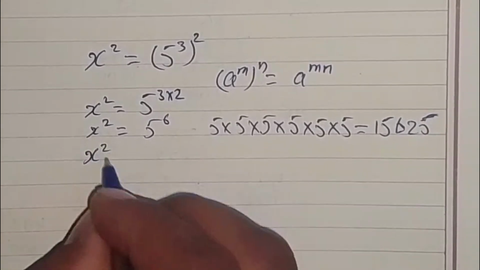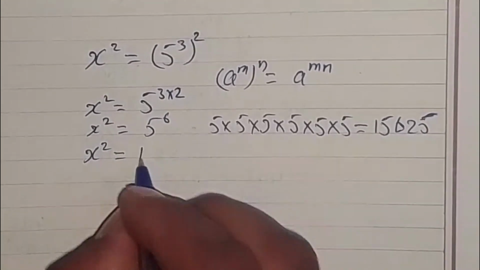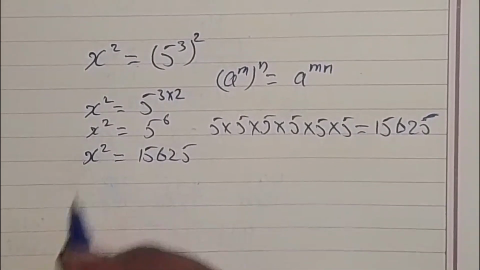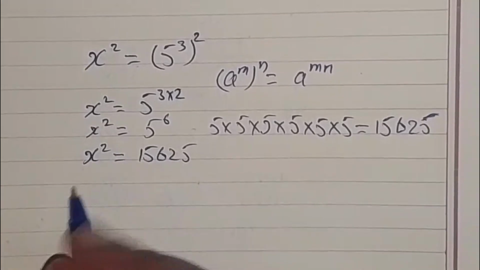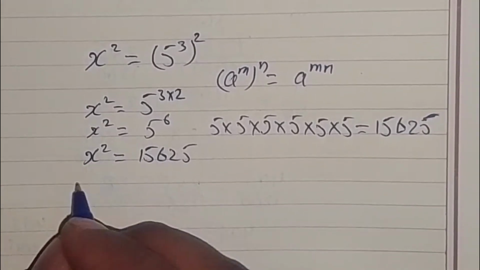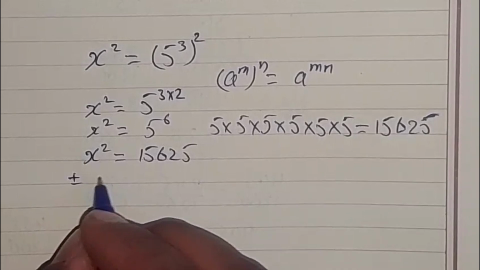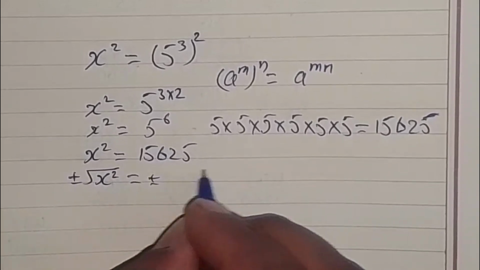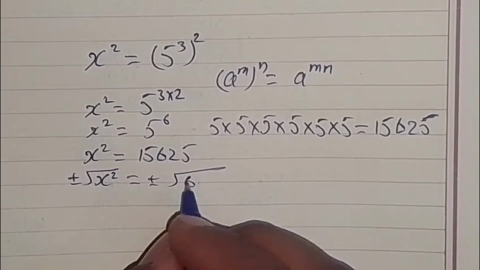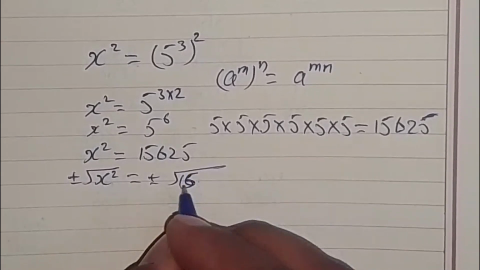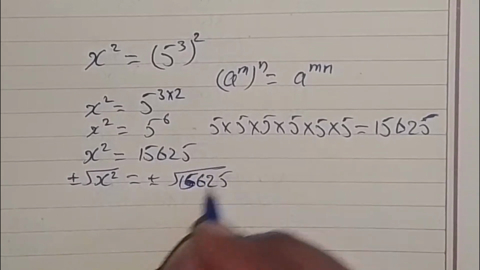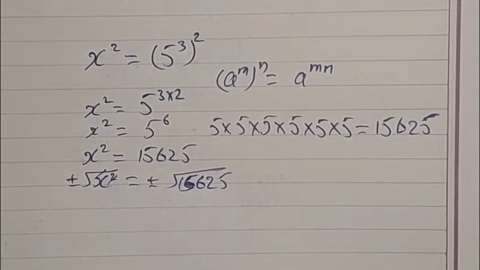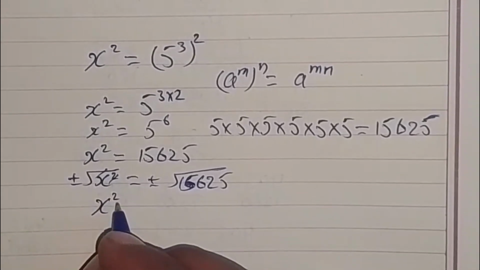So x squared equal to 15,625. Now we have x squared, so we take the square root of both sides. So plus minus square root of x squared equal to plus minus square root of 15,625. So they give us x, cancelling with the square root. So x equal to